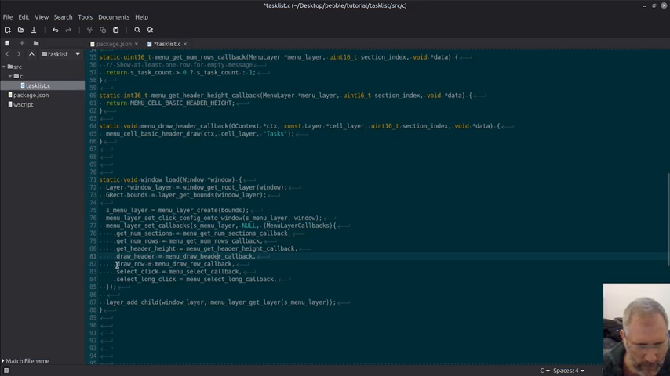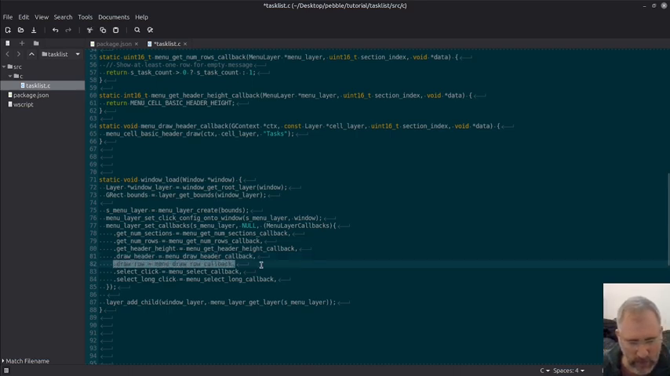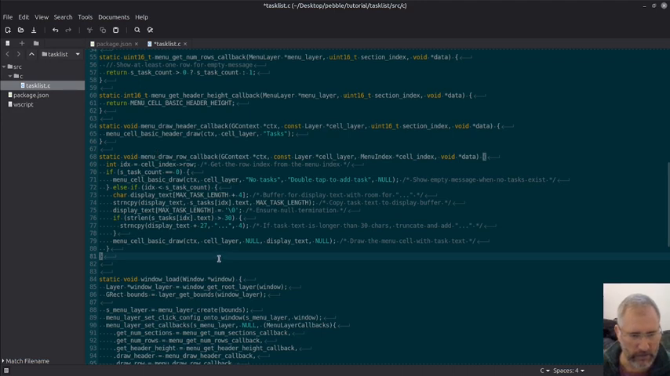Draw header. Now we need to say what we are going to do when we draw each row. Drawing each row is a little bit more complicated, so let's show you this code. Basically all we need to do is